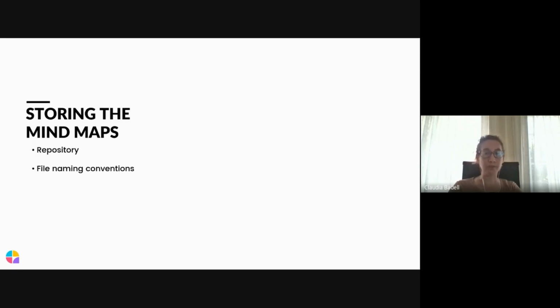Also, when we are applying this approach, something that is really important is to have a centralized repository where the team stores the mind maps. It's important, from my experience, to define file name conventions and a folder hierarchy structure.